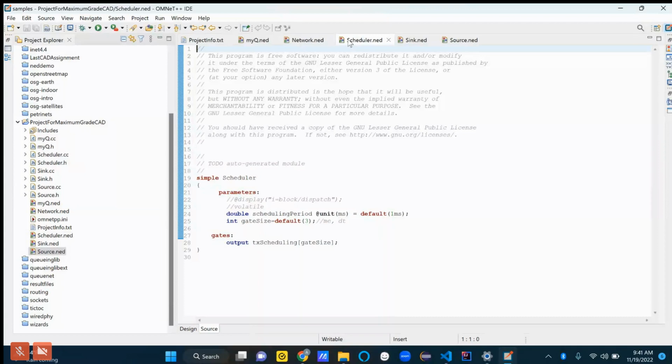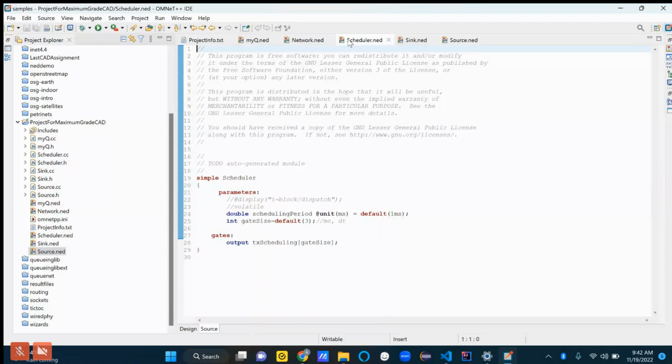So 3 is the right number, and I think that's why they set 3 as the default. Okay, fine. So maybe it's not the NED file that's particularly interesting when it comes to the scheduler.